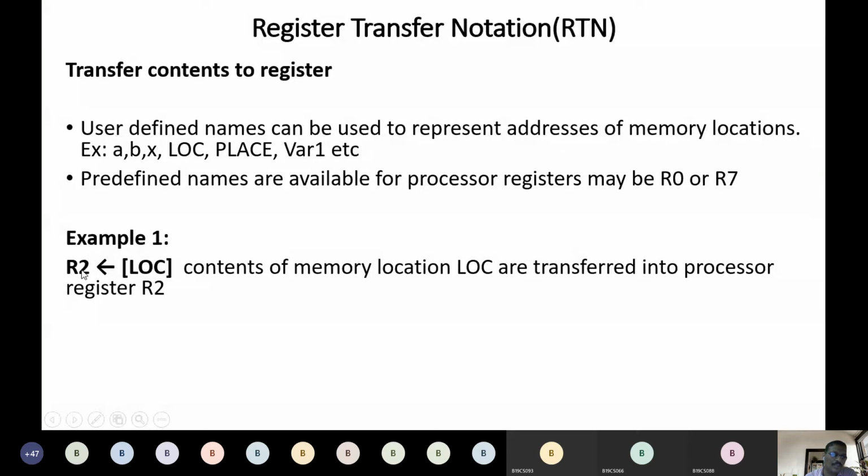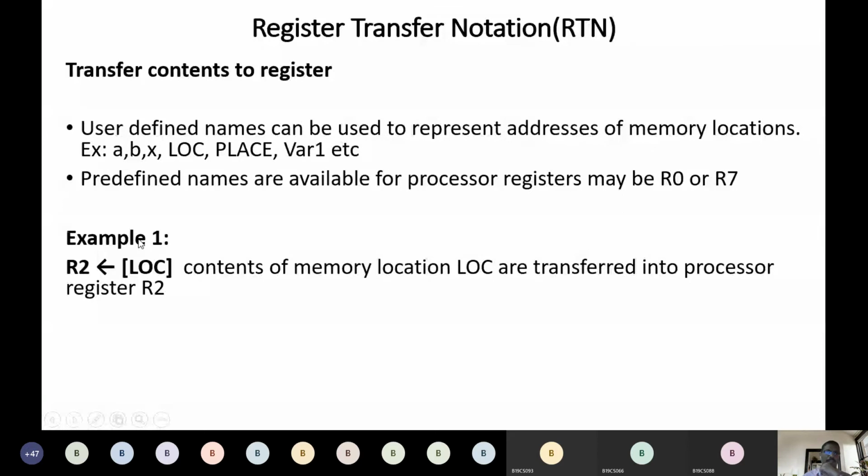R2 is a predefined name given for the registers. LOC is user defined, and from there the value 5 is stored into the predefined register, that is, from the main memory. LOC refers to main memory, R2 refers to processor registers. So from here the 5 is copied into R2, the register. The contents of memory location LOC are transferred to processor register R2.